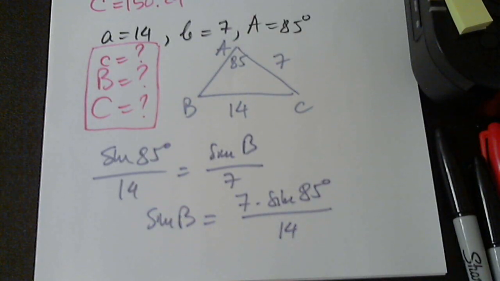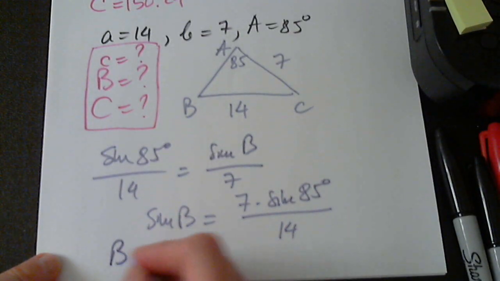I have 7 multiplied by sine 85 and divide by 14. And I have the answer. I go to arcsine right away, right there. I don't type in anything. And I get 29.87. So B is